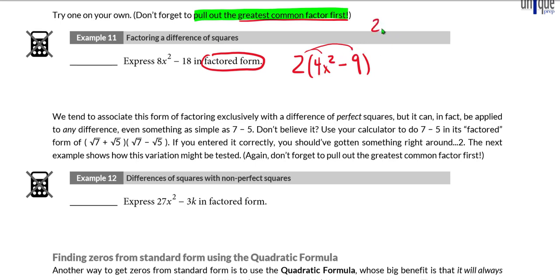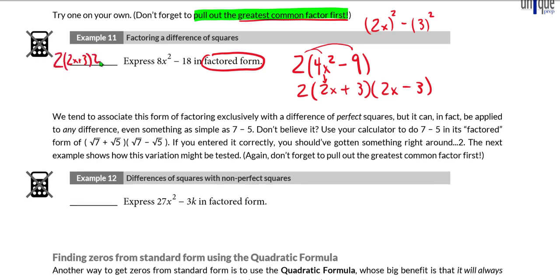4x squared is 2x squared, and 9 is 3 squared. So indeed, we do have a difference of squares. Remember that a difference of squares always factors into square root of the first term, square root of the second term, and then square root of the first term, square root of the second term again, 1 plus, 1 minus, and we're done. The 8x squared minus 18, the original expression, can be factored into 2 times 2x plus 3 times 2x minus